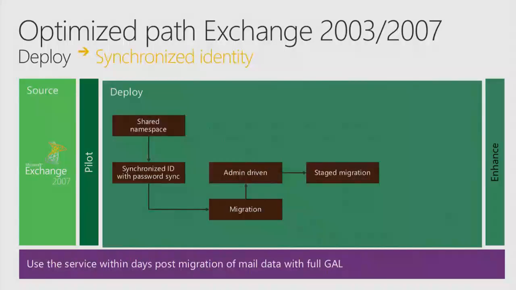If you wanted to enhance, you could go into the synchronize with password sync. You could do a staged migration. Staged migration is a built-in utility from an Exchange Online perspective, and it will allow you to basically pick your users. They start moving from Exchange. Mail data moves into the cloud, flips their target proxy so that all of their mail comes to the cloud now, even though you have some users who are on-prem.